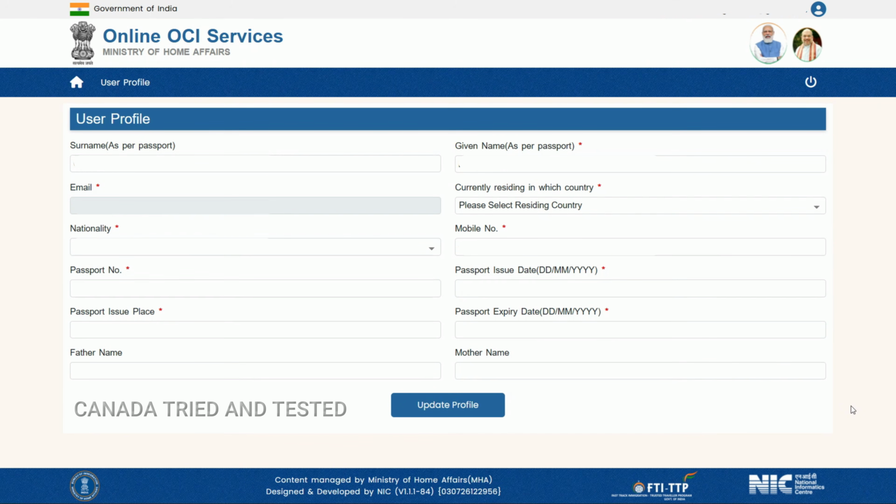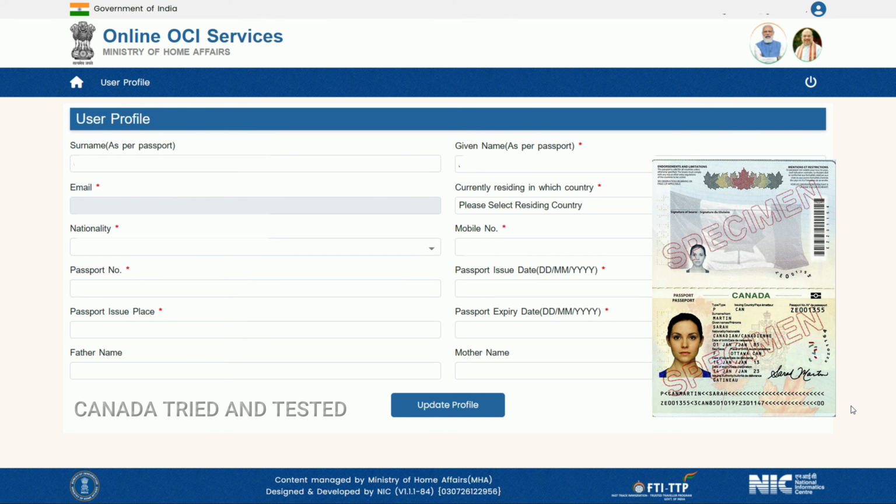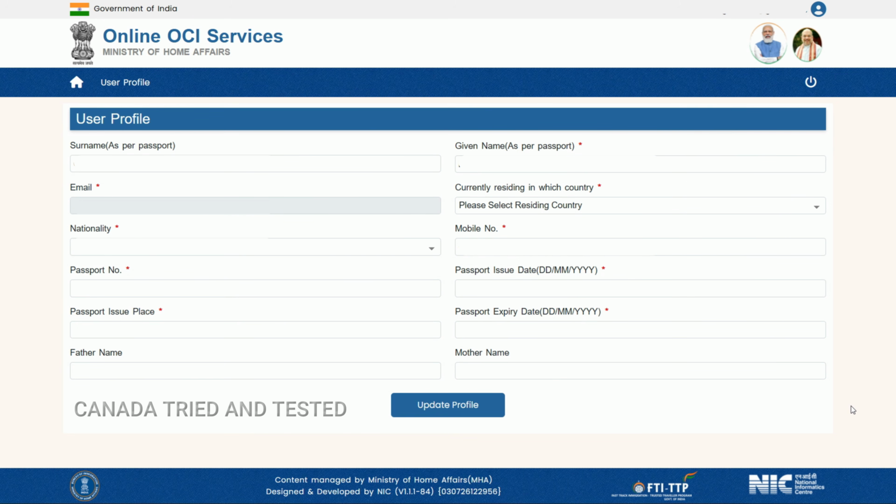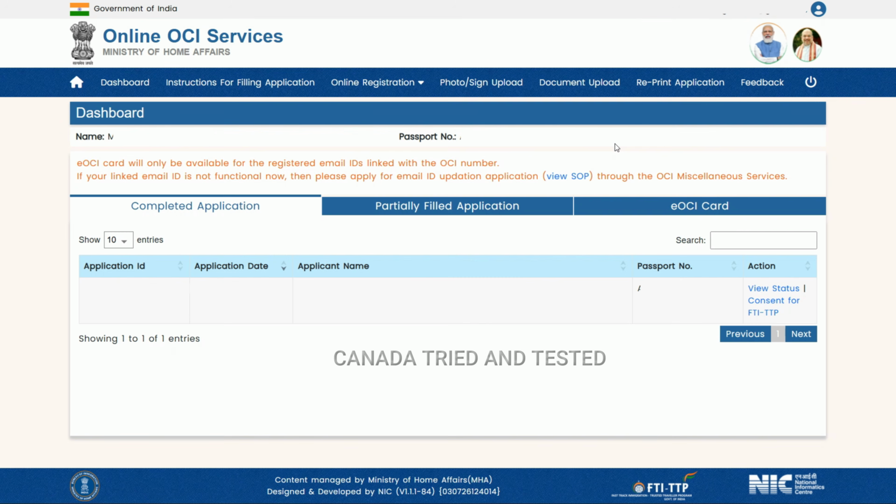You will come to the user profile page where you will go and update all your details: surname, given name, email, currently residing in which country, nationality, mobile number, passport number, that is your current passport number, passport issue date, passport issue place, expiry date, father's name, mother's name. So once you have entered all the details from what is reflecting in your passport and the OCI card, you can look at, and once you update the profile, after you update, you will come to this dashboard,